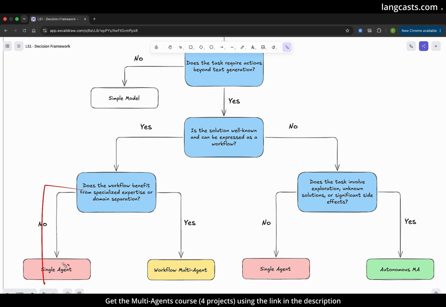If no, just go with a single agent. If you don't need to break it down, but it has to perform actions, just go with a single agent. But if you know the solution ahead and you need to break it down into multiple parts, then use a workflow multi-agent. However, if you don't know the solution ahead, so that's no, we then ask ourselves: